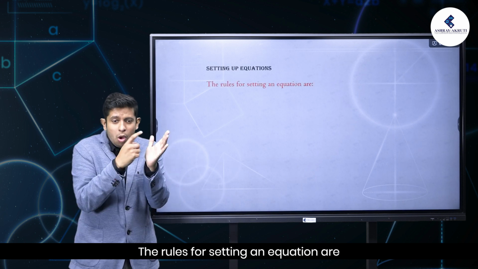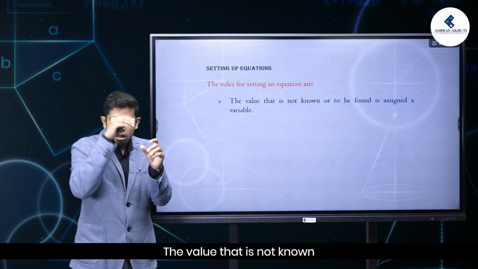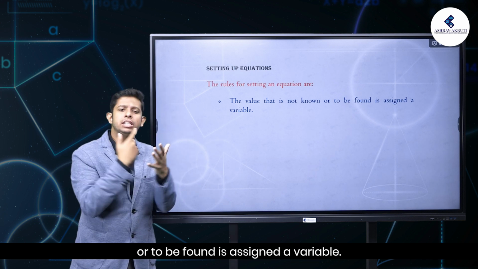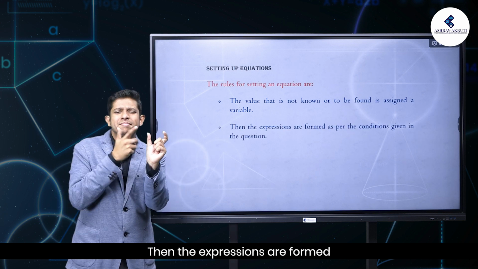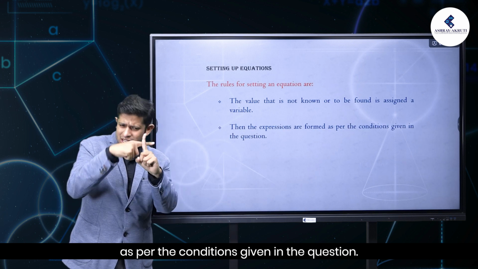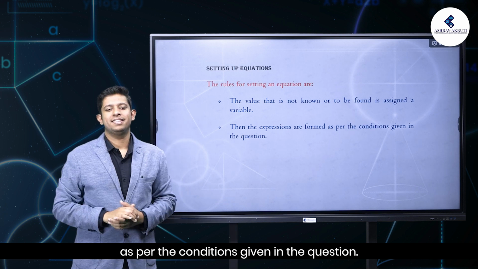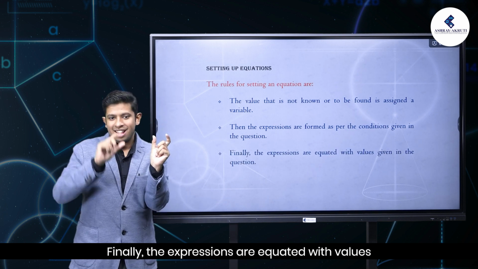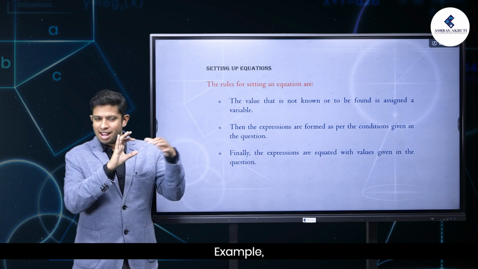The rules for setting up an equation are: the value that is not known or to be found is assigned a variable. Then the expressions are formed as per the conditions given in the question. Finally, the expressions are equated with values given in the question. Example: